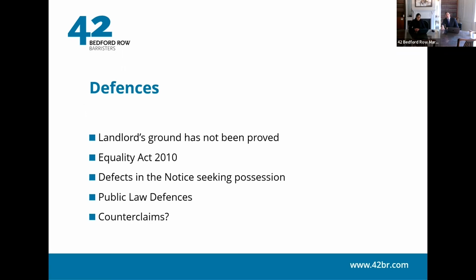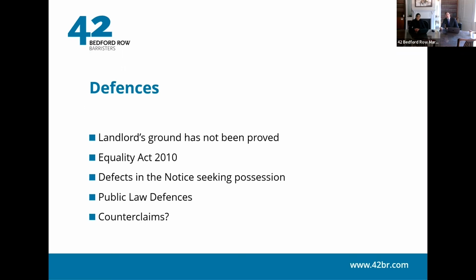Another point that comes up slightly more rarely, but just bear in mind that under the CPR, the claim form has to be served a certain number of days before the matter comes before the court. Now, you may think, why would I be worried about that? My clients are much more concerned about getting a hearing this year than accidentally getting a hearing within 28 days of service of the claim form and being in breach of CPR 55.5. But actually, what I would flag in relation to that particular defence and issue